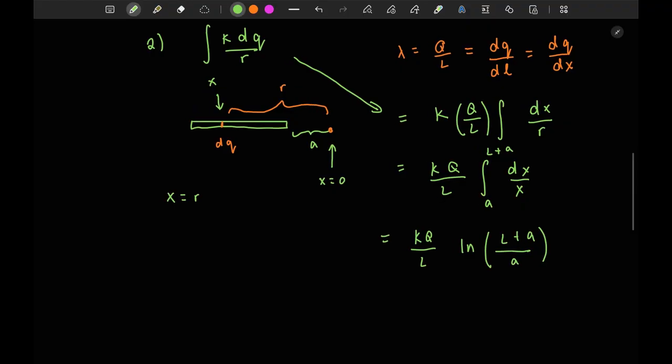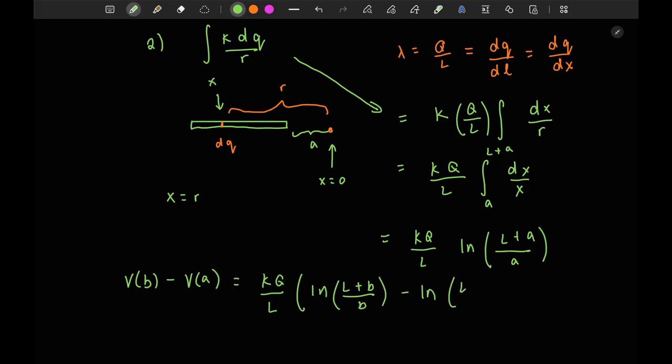We were also interested in evaluating V of B minus V of A. Well, V of B is going to follow the exact same formulation, so we end up with KQ over L times natural log L plus B over B minus natural log L plus A over